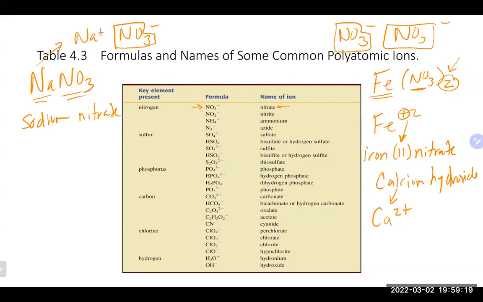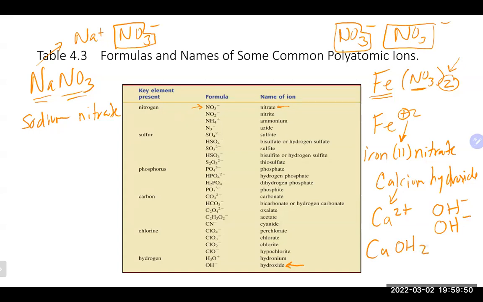We would look up on our chart, or when you remember, you would find hydroxide, which is right there at the very bottom in this case. And hydroxide is OH minus. So when we put these together, do I need more calcium or more hydroxides? Yeah, because hydroxide is -1, to balance it out like normal, we would need 2 of them. So when we write the formula, we would write